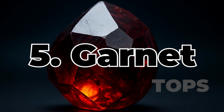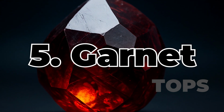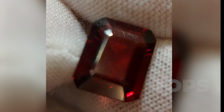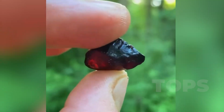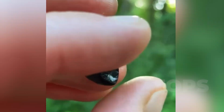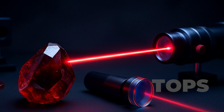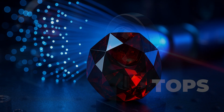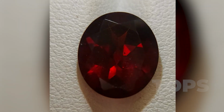Ranked 5th, Garnet, the gem powering lasers, lenses, and beyond. Garnet is more than a birthstone. It's a foundational material powering some of the most important advancements in modern optics and materials engineering. These lab-grown crystals are essential components in laser systems, optical isolators, fiber optic communication, and magneto-optic sensors, where their optical